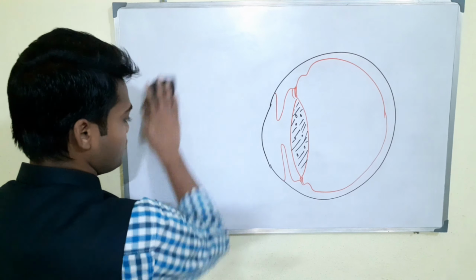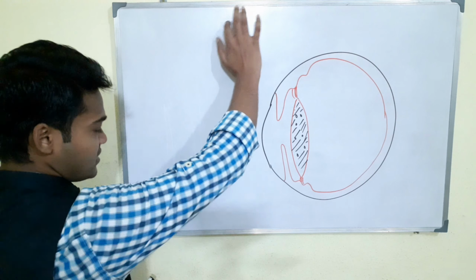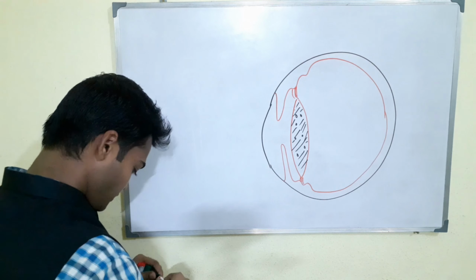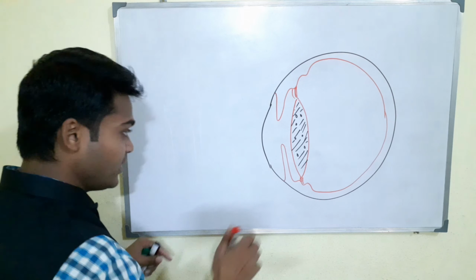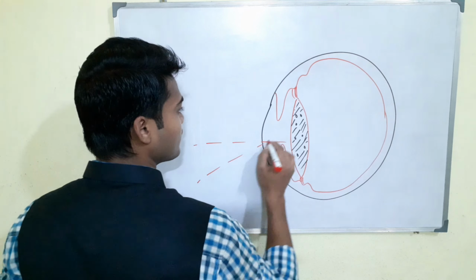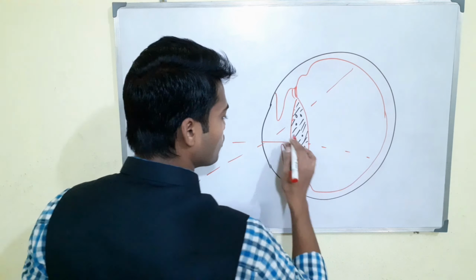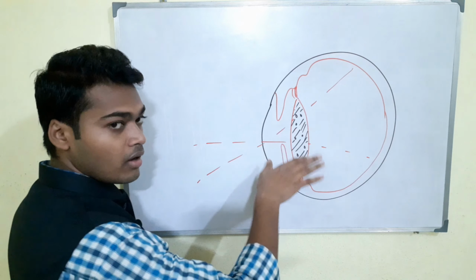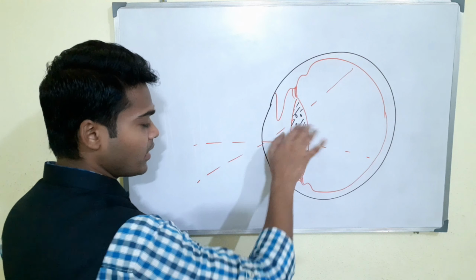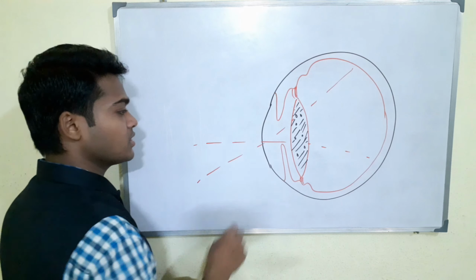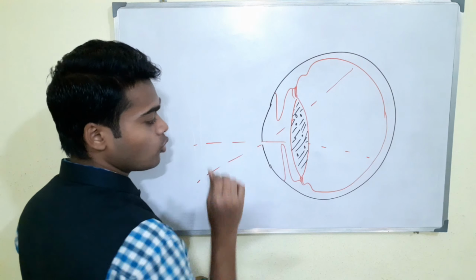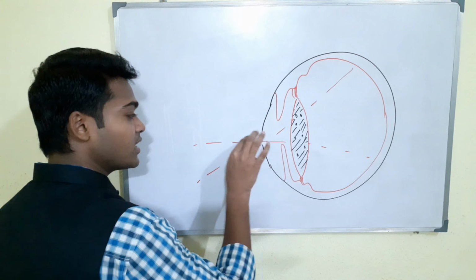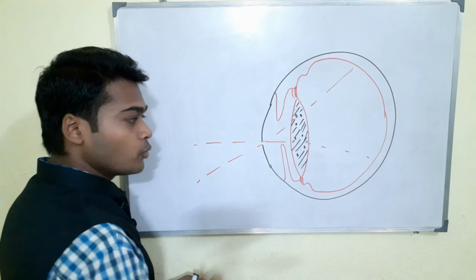What is actually happening, just assume this eye, I zoom that part, that eye is already zoomed. When the light enters the eye through any aperture, no matter, just assume this part has a cataract or any type of traumatic cataract. Here the cornea is also getting opacity. So using this hole, just assume this is a hole, meaning that after clouding of the cornea, this part is still transparent